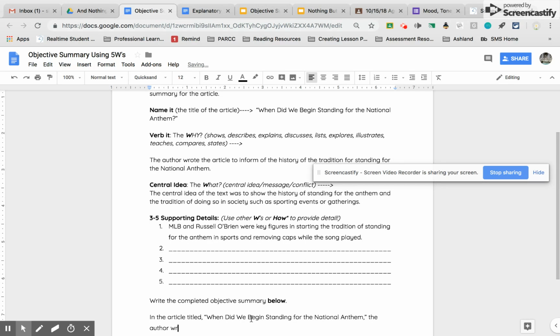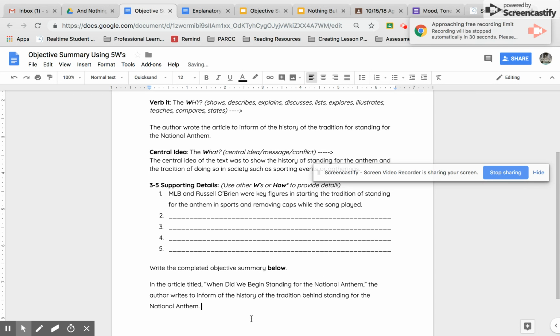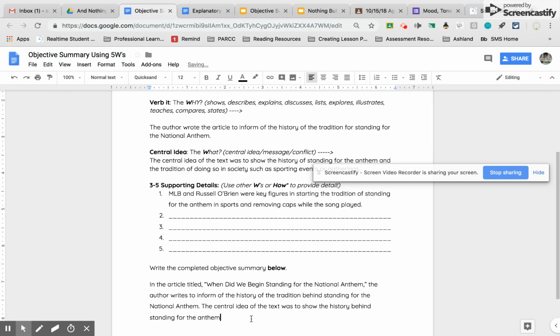the author writes to inform of the history of the tradition behind standing for the national anthem. The central idea of the text was to show the history behind standing for the anthem in society, such as sporting events or gatherings. So what I'm going to do here is continue to add my supporting details, and that is how you will write a completed objective summary. Make sure